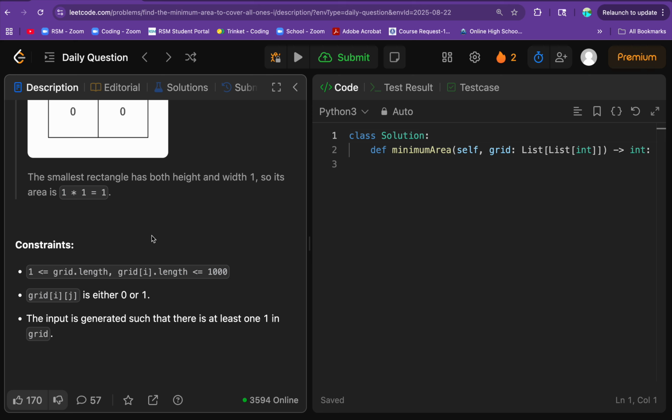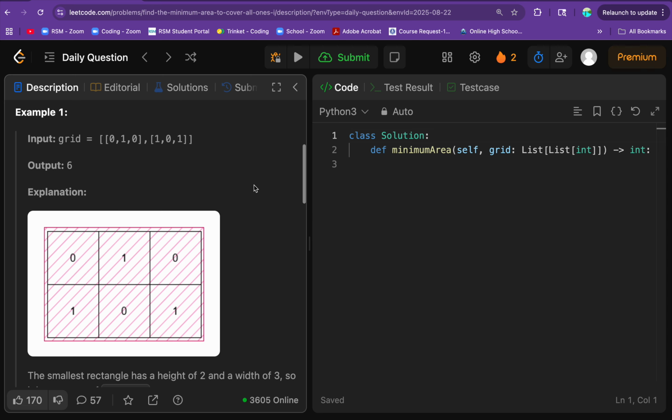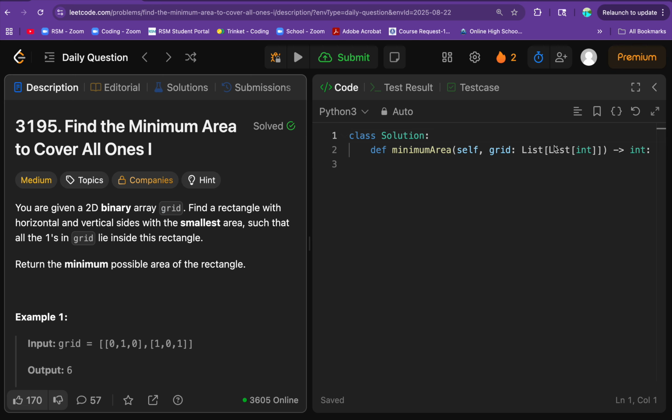So for the constraints here, we see that the number of rows and columns in our grid are always going to be between 1 and 100. Any value in the grid is guaranteed to be binary, 0 or 1, and there is going to be at least 1 in the grid for every input. And so kind of just confirming what the problem statement said and guaranteeing that we do have valid inputs,